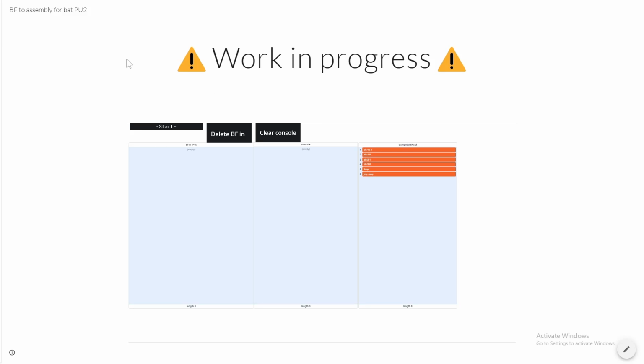Hello, this is the temporary tutorial for this brain to Minecraft computer assembly written in Scratch. So I have a website of it. It's not done, hence the work in progress. And here's how you use it. You can import your brain code in, but